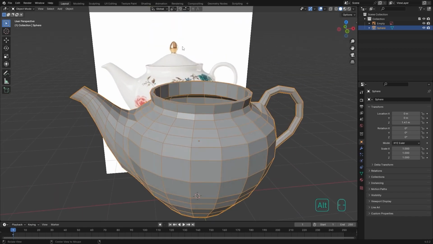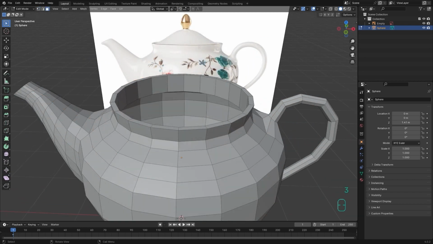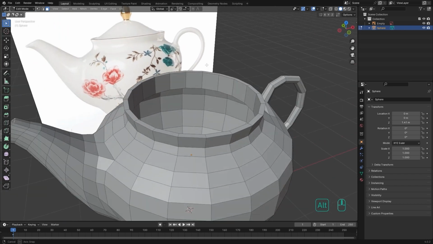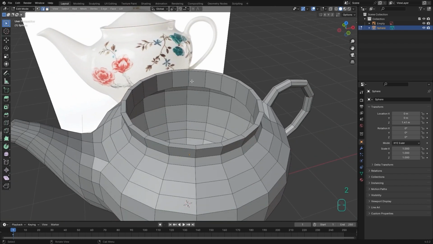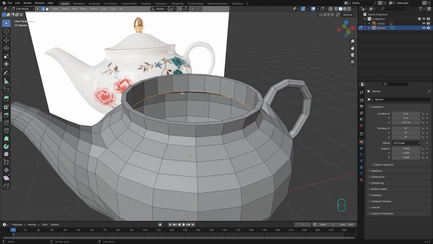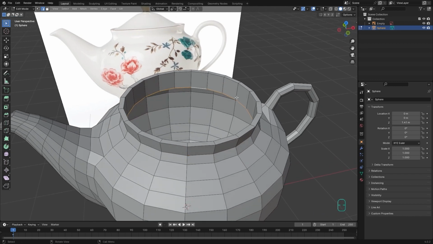So the top part is really not hard. I need first a face based on this shape, but I don't have anything for now here. So first I need to select this edge, and based on this edge I'm going to create this face. For duplicating any loop, any edge or face or vertex, you can use the shortcut duplicate, Shift D,